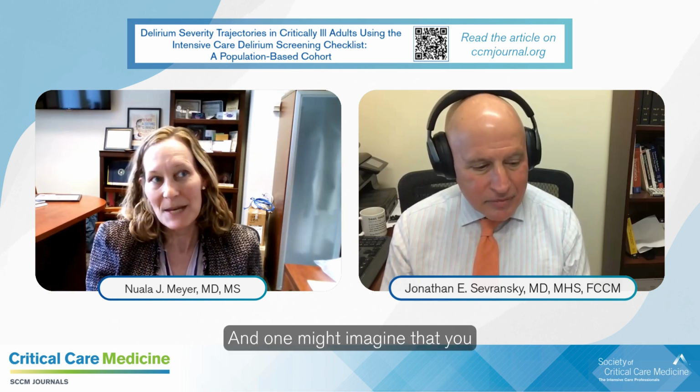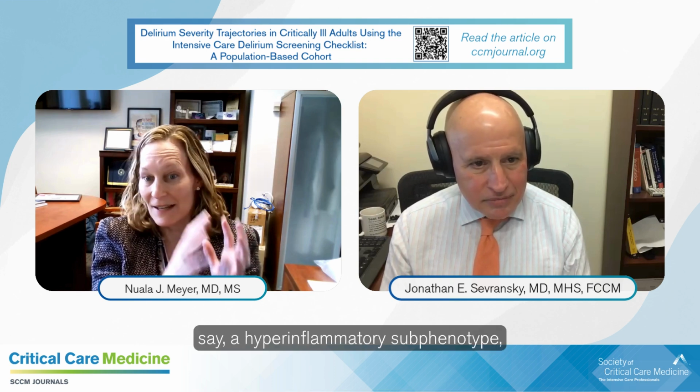One might imagine that you might actually start in, say, a hyperinflammatory subphenotype, but improve. And maybe even your plasma markers will regress towards a less inflamed subphenotype. Some investigators have demonstrated this, and that it's probably more important where you're